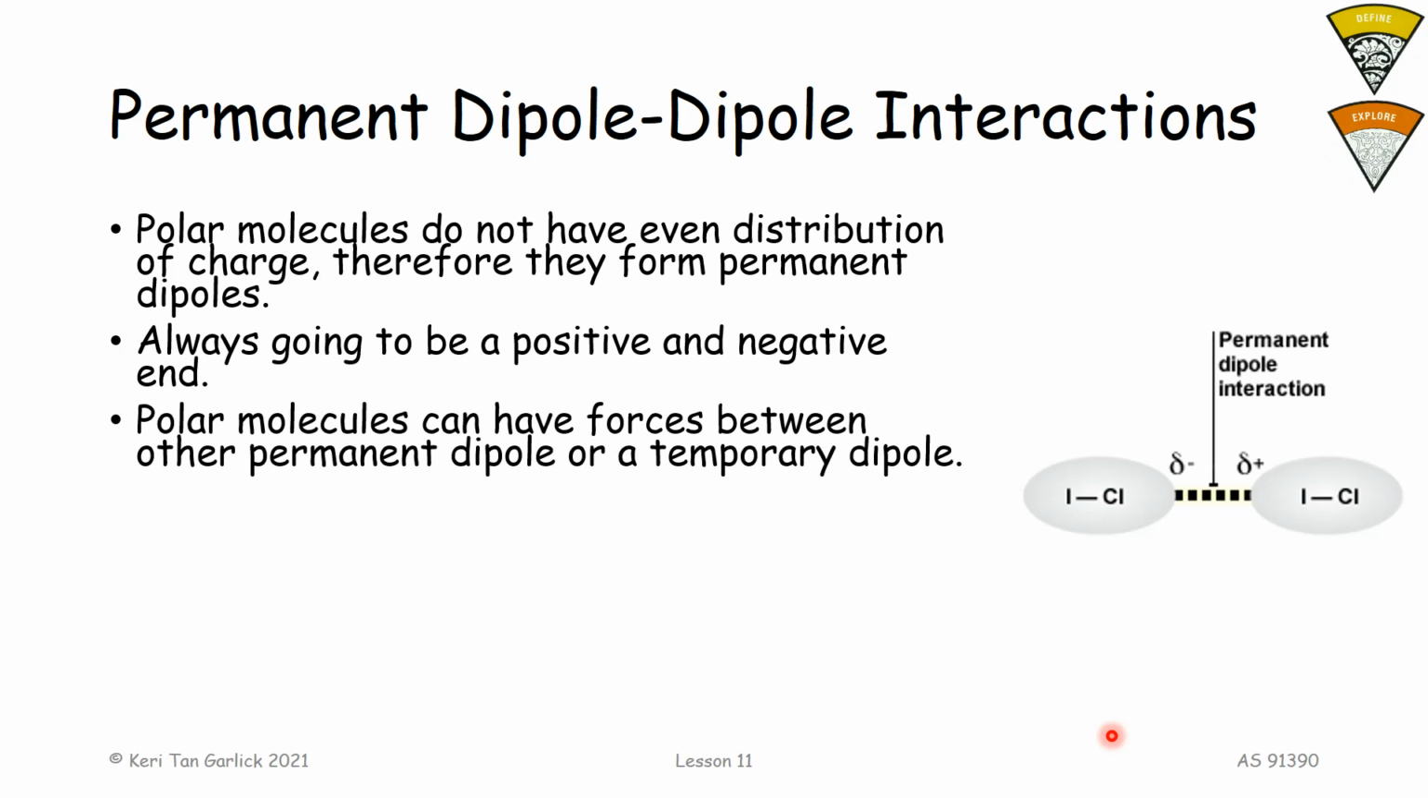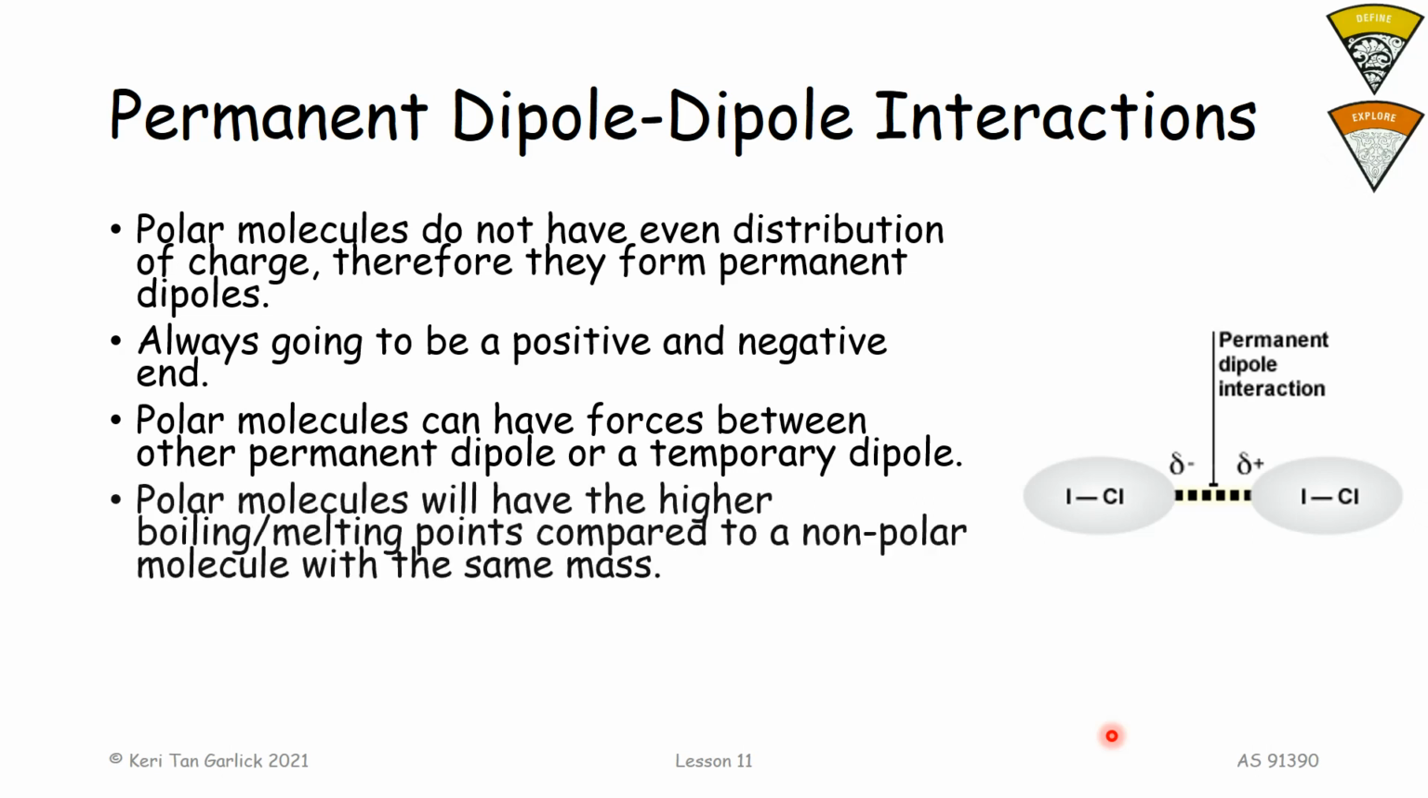But do keep in mind that polar molecules will still have temporary dipoles present as well. You'll be talking about how they have both of them. And since they have both of them, that's again going to make more intermolecular forces, and you're going to need more energy to then break all those bonds up and thus change the phase. So polar molecules will have higher melting and boiling points compared to anything that's nonpolar with the same